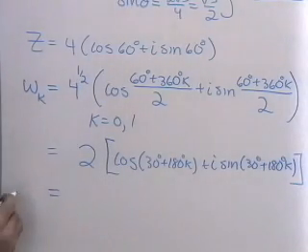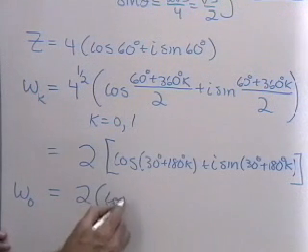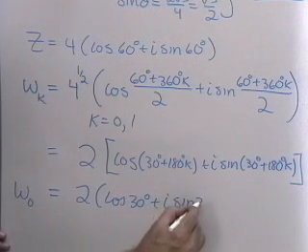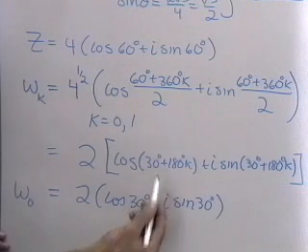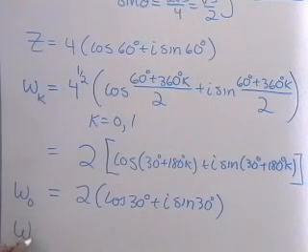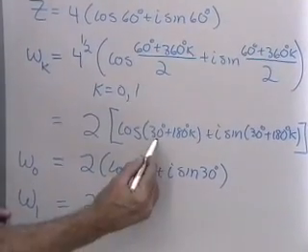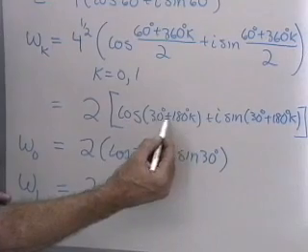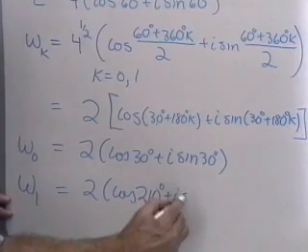Now when k is equal to 0, I get 2 cosine 30 degrees plus i sine 30 degrees, because I'm adding 180 times 0 onto 30 degrees. And when k is equal to 1, I get 2 cosine of 30 plus 180 times 1. 180 times 1 is 180, plus 30 is 210, plus i sine